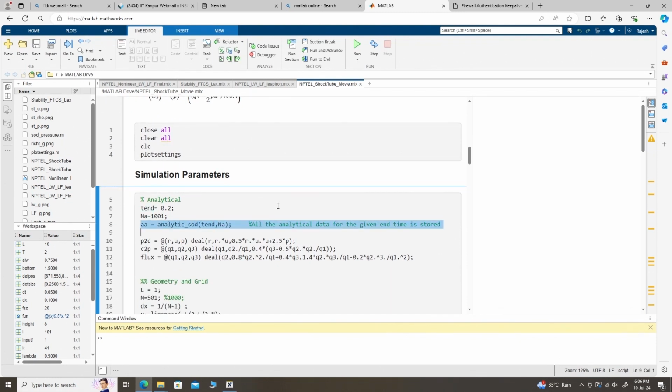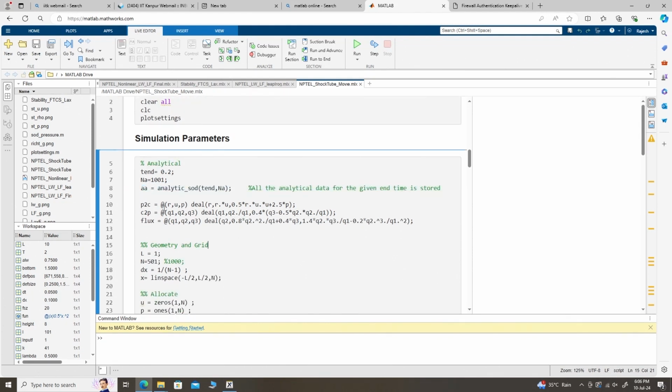This is the line for calculating it using the analytical approach. You can get it from anywhere, that is not very difficult. You have to calculate the shock speed and find out the position of the shock. These are the functions that I have written. I have used a function called deal in MATLAB, which can give you multiple outputs in an anonymous function definition. So when you write fun equal to at the rate of x,